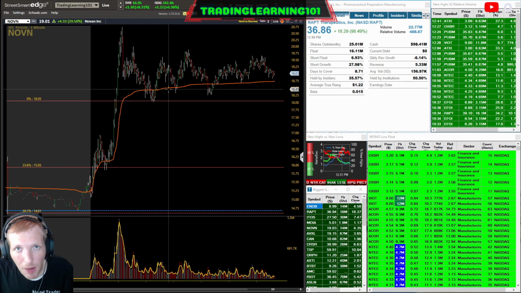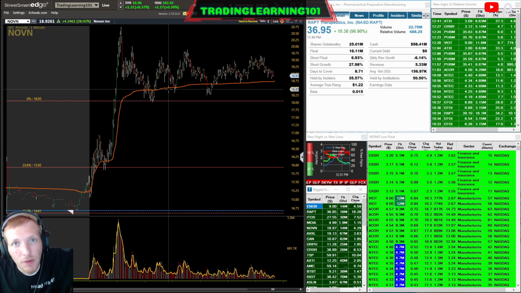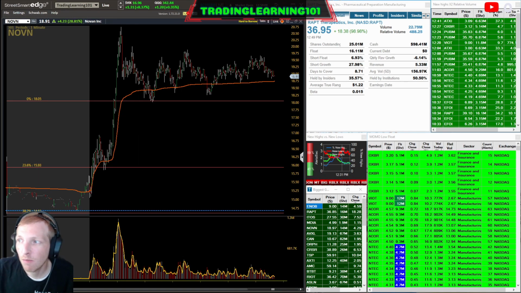Another thing to keep in mind, and this goes with support and resistance. Anytime a stock tests support or resistance, the more times it tests those areas, the weaker it gets. So consider it like a basketball. You know how you drop a basketball from very high? It gets that first big bounce. And then as it goes on, the bounces get smaller and smaller and smaller. And the basketball just slowly putters out.